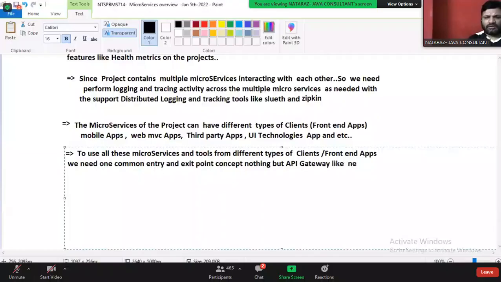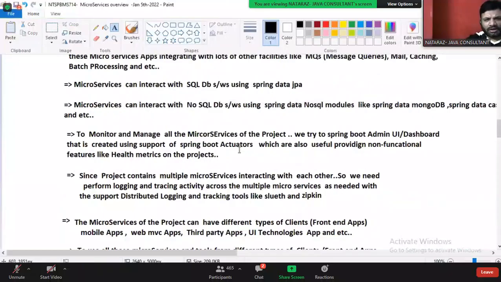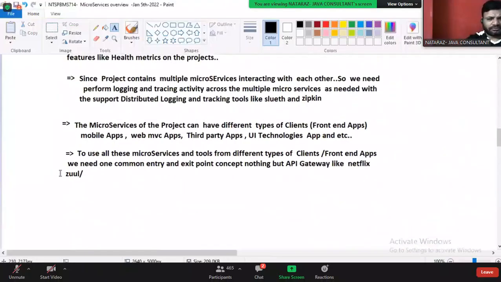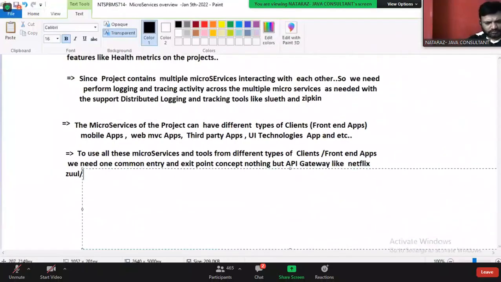Netflix Zuul, next one, Kong. Netflix Zuul, Kong, and etc.